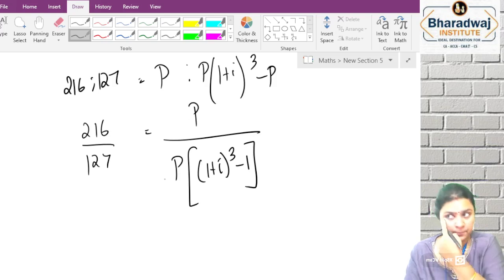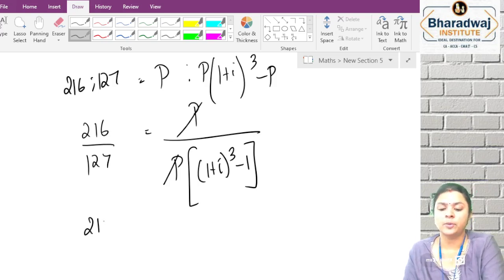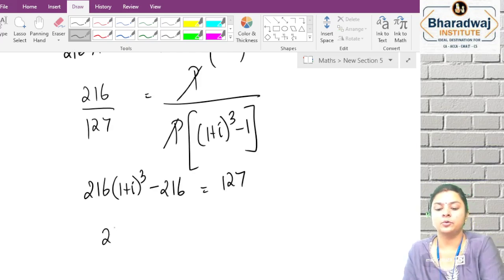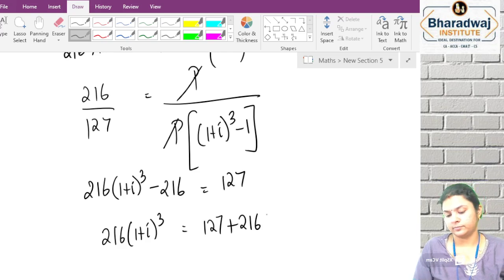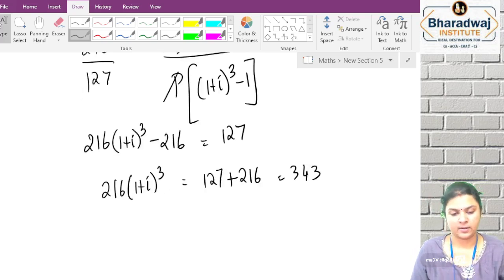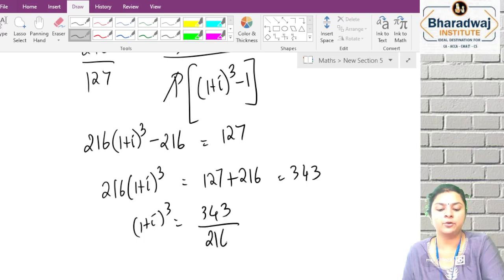I am taking P outside common. Okay, P outside common, 1 minus 1 you will get. So P and P you can cancel. Cross multiply. 216 into 1 plus I the whole cube minus 216 equals 127. Or 216 into 1 plus I the whole cube equals 127 plus 216, which is 343. Okay, so 1 plus I the whole cube is equal to 343 divided by 216, which is